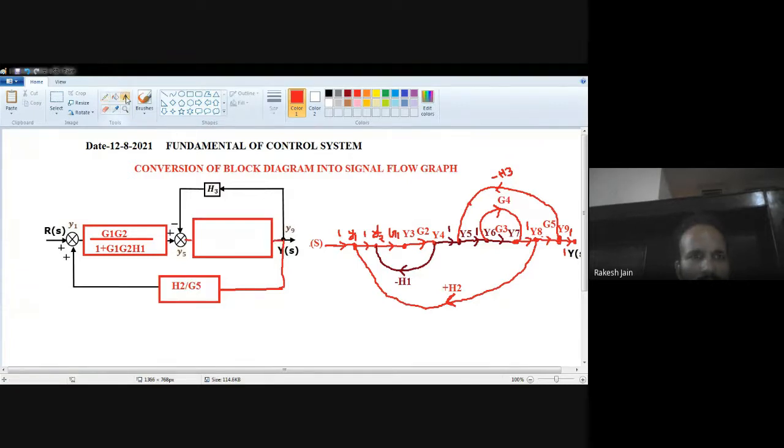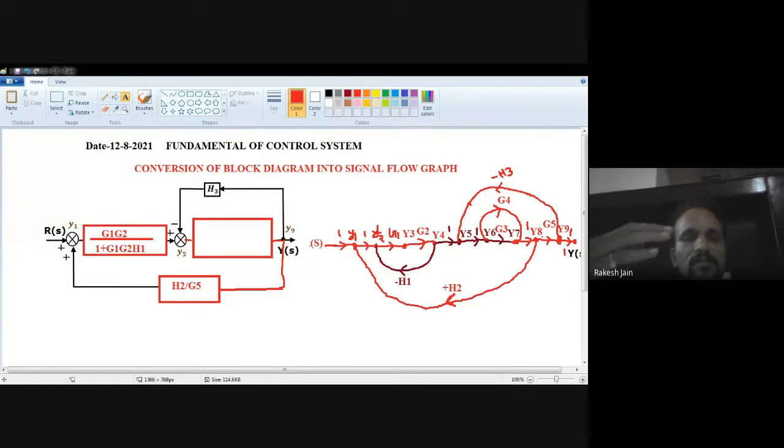With the help of today's topic, conversion of a block diagram into a signal flow graph, first of all we understand how to convert a block diagram into a signal flow graph, as well as we see the block diagram reduction rules to find the transfer function, and we will apply Mason's gain formula to the signal flow graph drawn by us, by the conversion of the block diagram reduction technique into a signal flow graph.